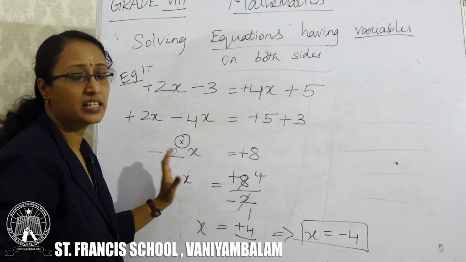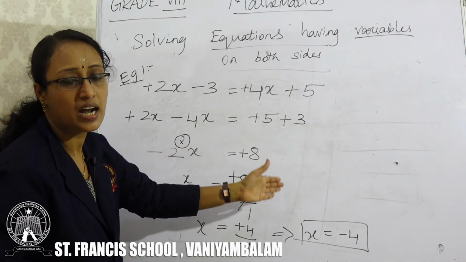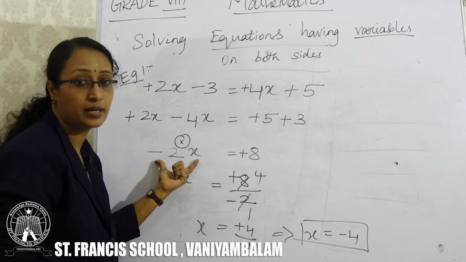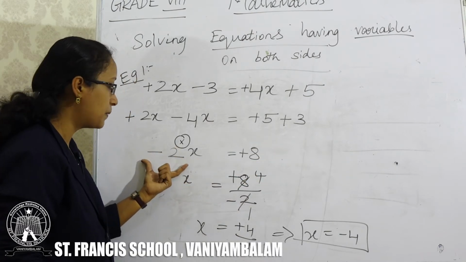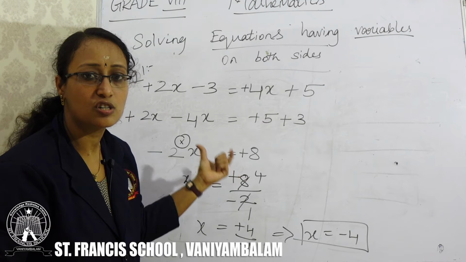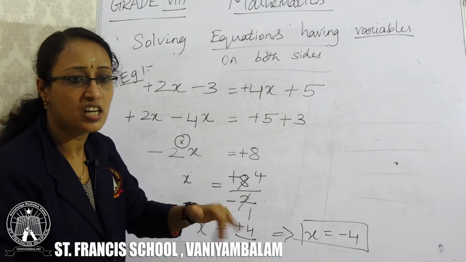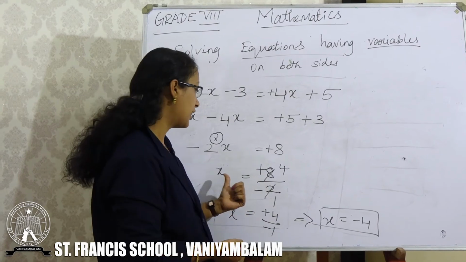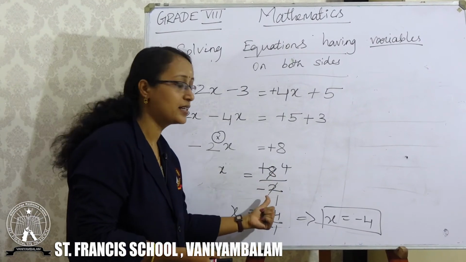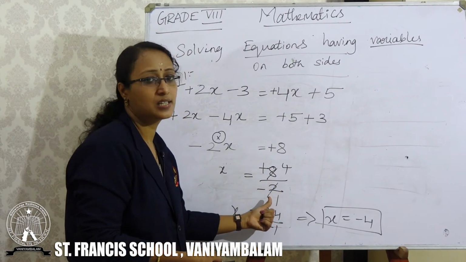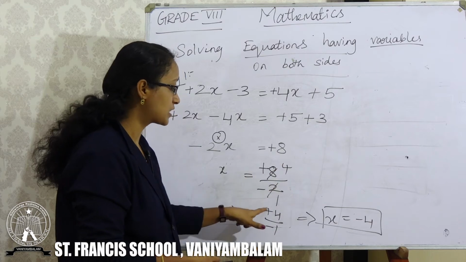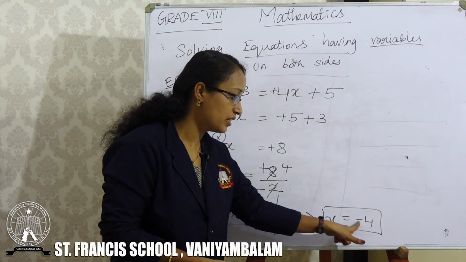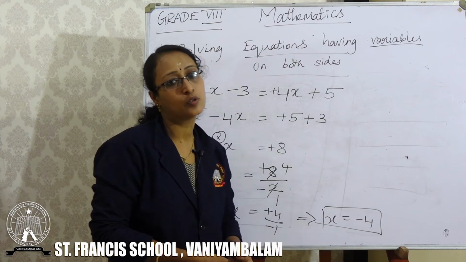Because in addition and subtraction, when it goes to the another side, you will get the symbol change. But here they are in multiplication. So if it is in multiplication or division, the symbol will not change. You will take with the symbol to the other side. So you will have x is equal to plus 8 divided by minus 2. When you cancel this, you will get plus 4 divided by minus 1, which is nothing but you can write the symbol in common. So x is equal to minus 4.